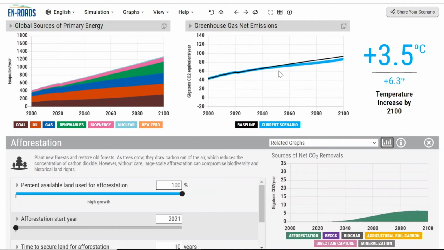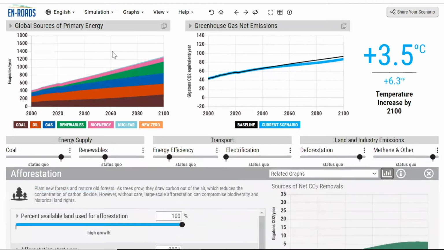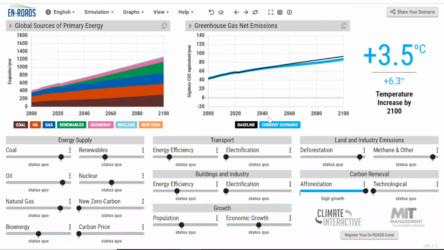It would take a while for the trees to grow, and we would take our average global temperature and decrease it by 0.2 degrees Fahrenheit. So it's definitely a good measure, but it by itself is not going to get us down to the kinds of emissions reductions we need to avoid the worst impacts of climate change.